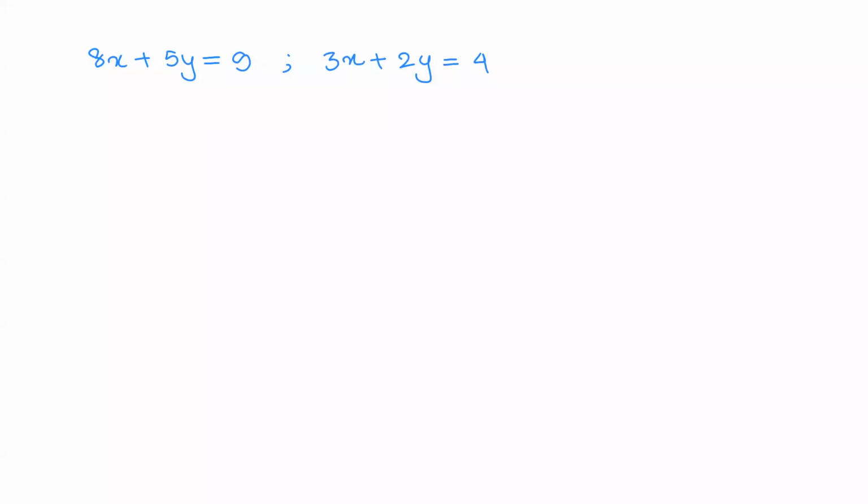See, how do we deal with the elimination method? For that, it is better to write the equations one below the other. So this is going to be 3x plus 2y equals 4. I'm going to rub off this equation because it is the same thing written one below the other. For the elimination method, what do we do, students? We are going to eliminate one variable.